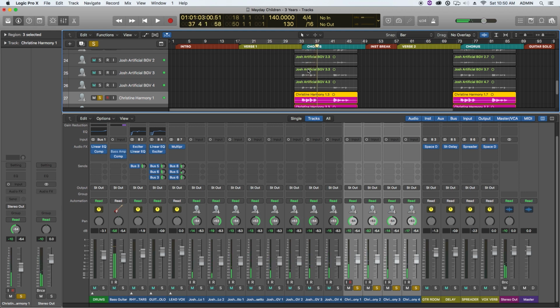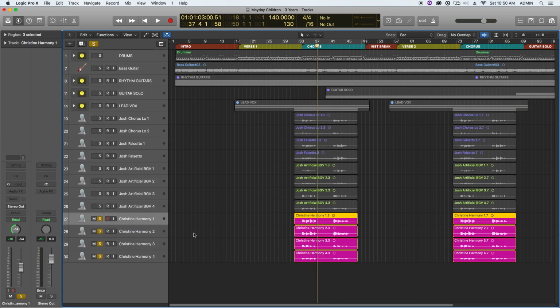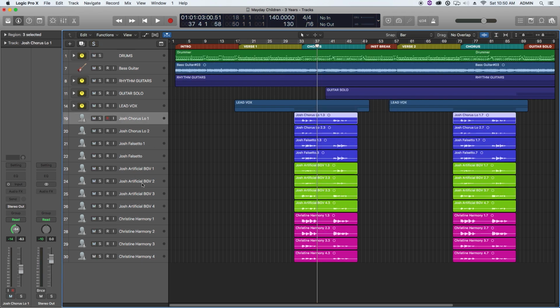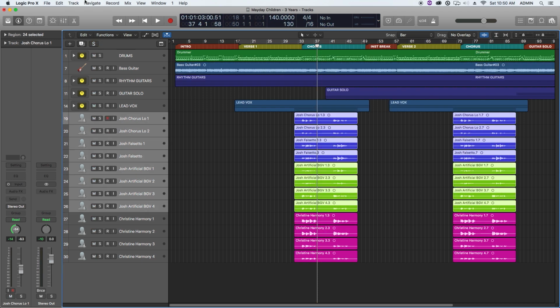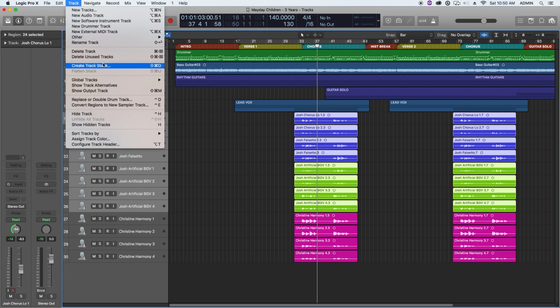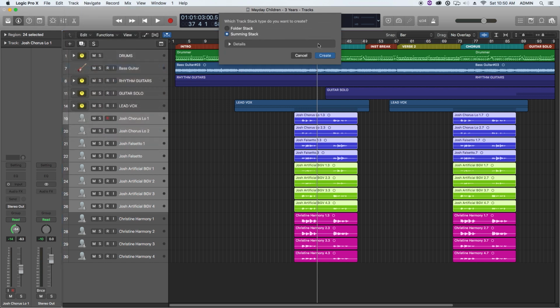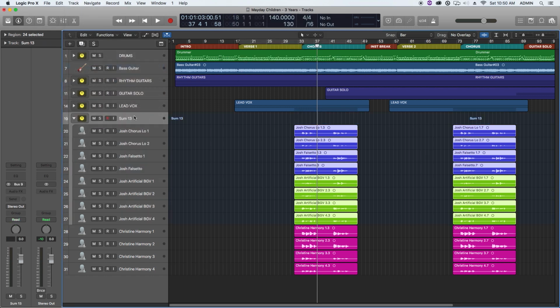Because she actually sang all of the harmonies that I artificially created. So what I'm going to do, so we can individually control these two groups, is we're going to put these in summing stacks as well. So all of the ones that say Josh, I'm going to select those, go up to track, create track stack, summing stack. So I have a male